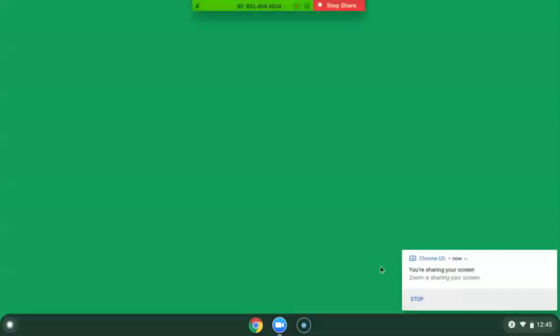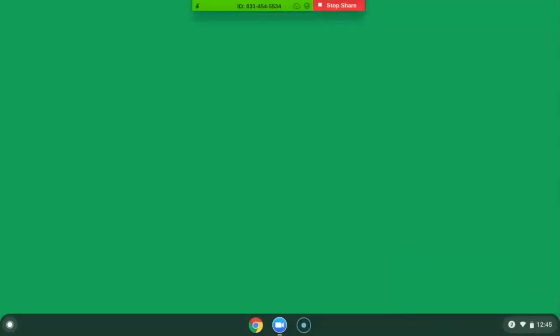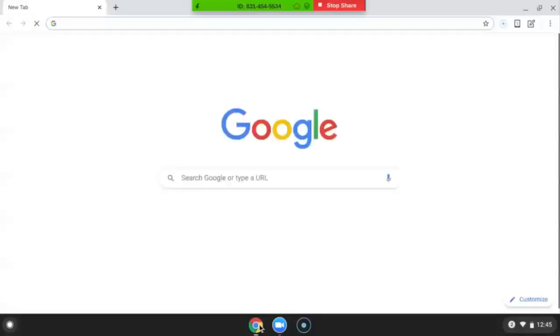Okay, the first thing I'm going to do is share my screen. This notice that popped up, I'm just going to put my finger on top of it and push it over to the right. So anytime you get a notice like that on your screen, you can always just slide it away. The first thing I'll do is go out to Blackboard